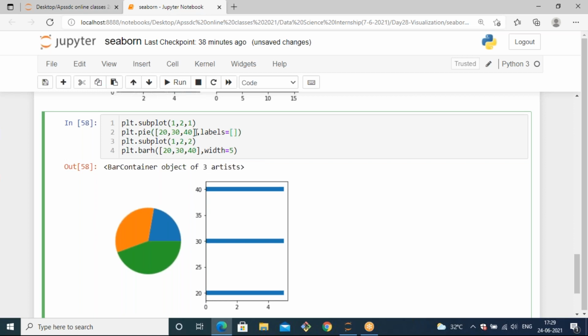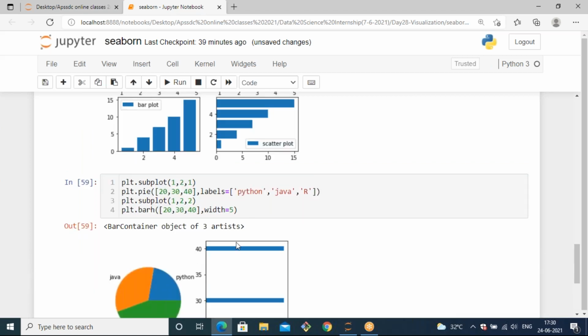With respect to that, you can specify the labels, and we have a group of data of length 3, so you need to specify the labels to match the data length. So let's consider the first label as Python, the second label as Java, and the third one is R.